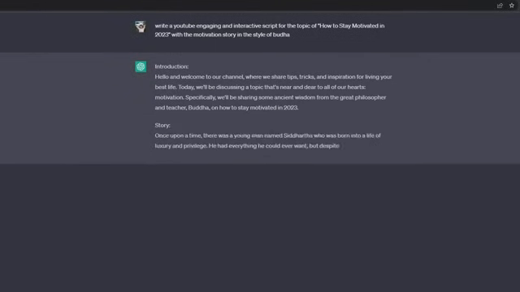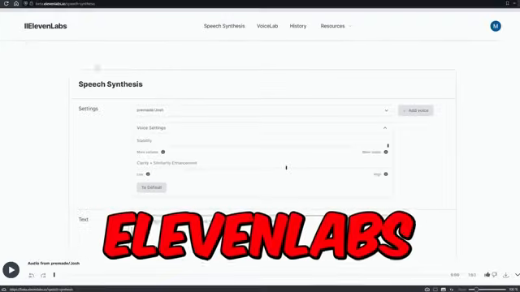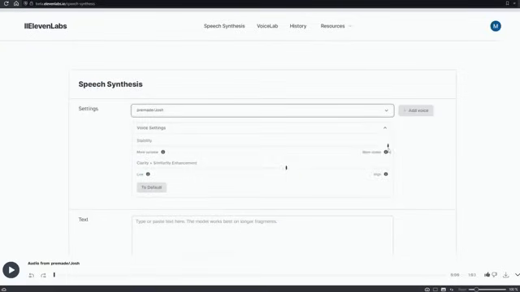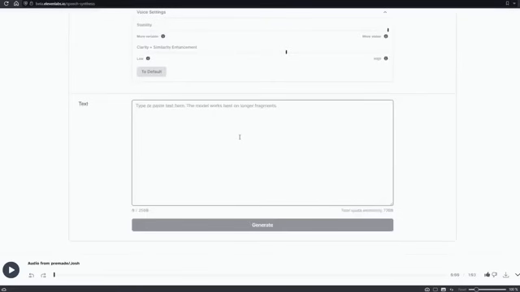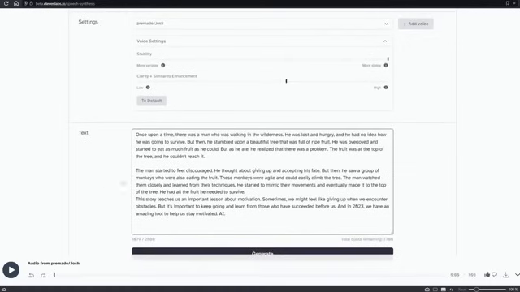Once the story is written, all you have to do is copy it and move on to the next step, creating the voice. I went to 11 Labs, a free tool that uses advanced AI technology to generate voices that sound like real people. I pasted the story that I copied from ChatGPT and selected the desired voice and hit